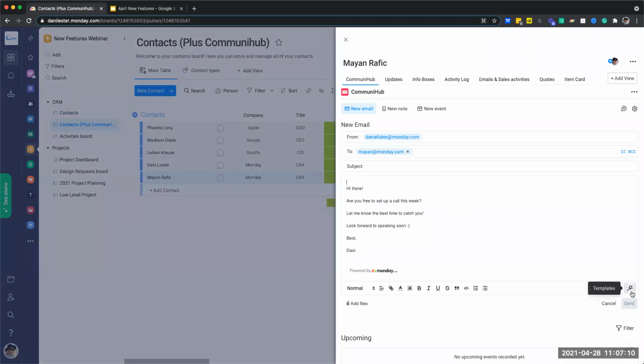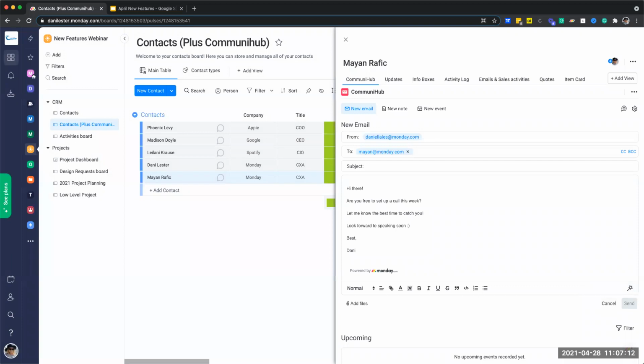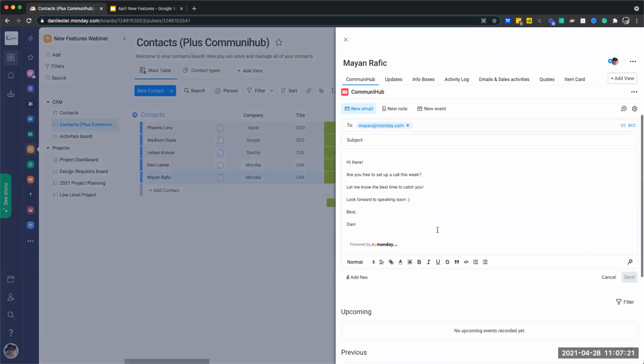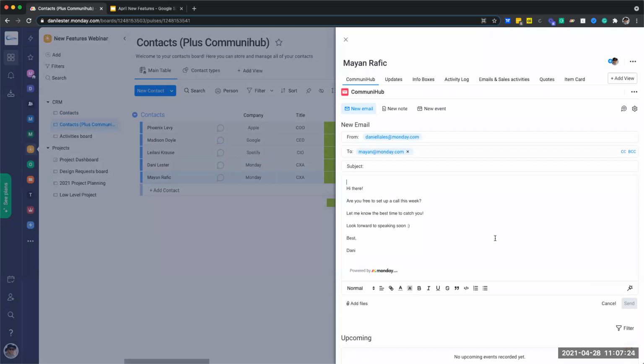You can create as many of these as you want, and these are great because now your teams can create and select from a number of email templates, making sure that everyone on your team is aligned with their communication. So I'm not going to send Mayan another email because he doesn't need another one from me,